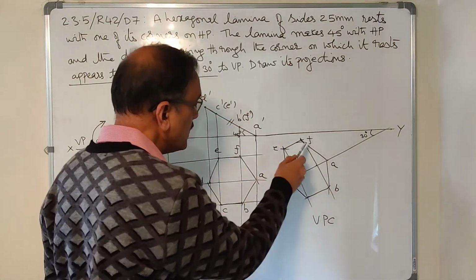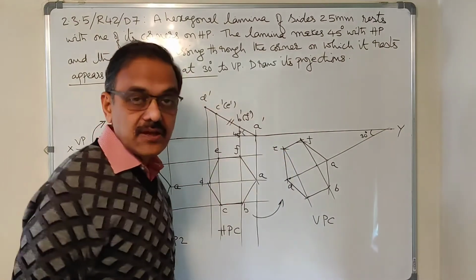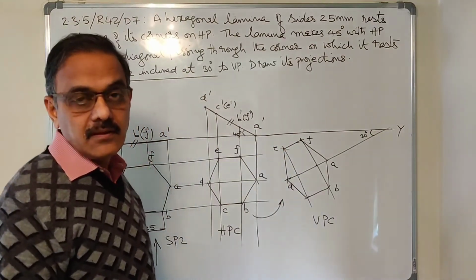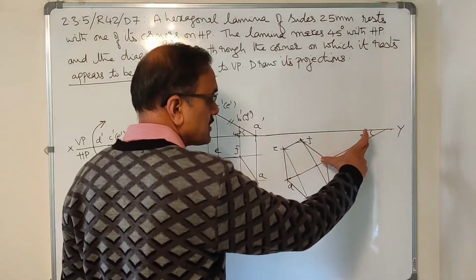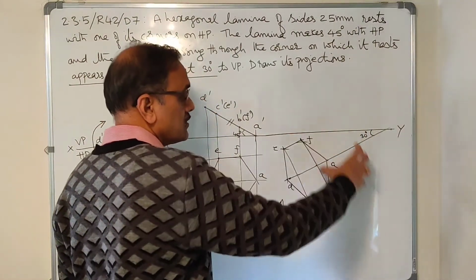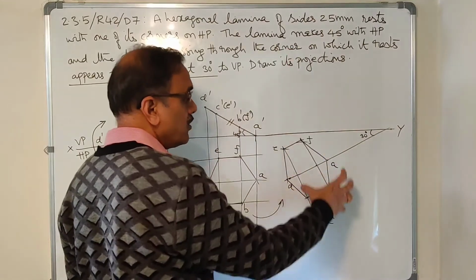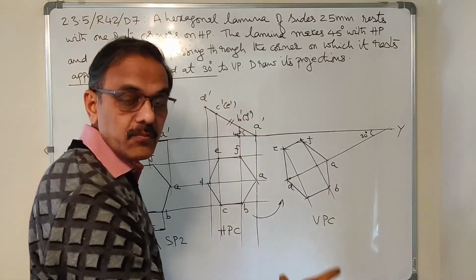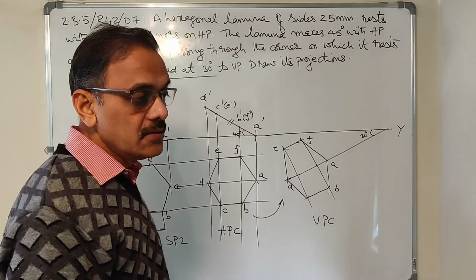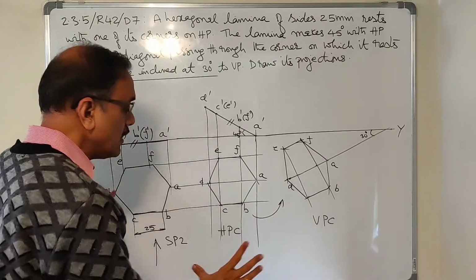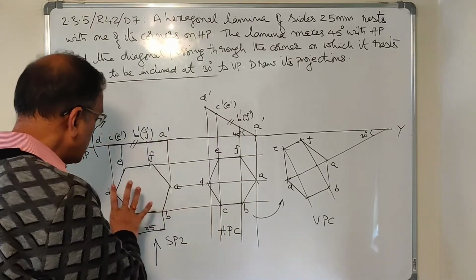Make sure that this E and F doesn't touch XY. How do you make sure of that? If you take AD too close to XY somewhere here, after the construction there is a possibility that the top view intersects XY. The top view may go beyond XY. That shouldn't happen.